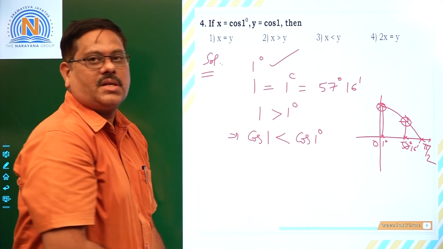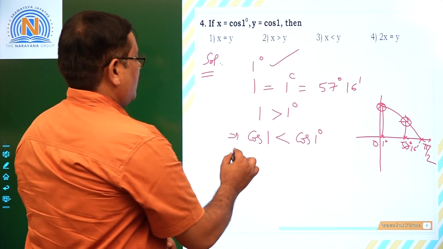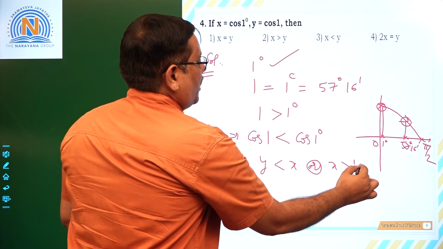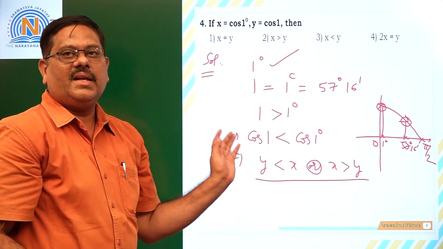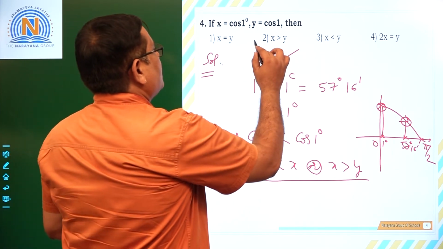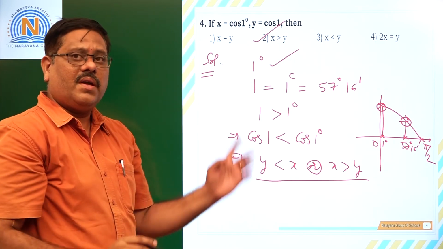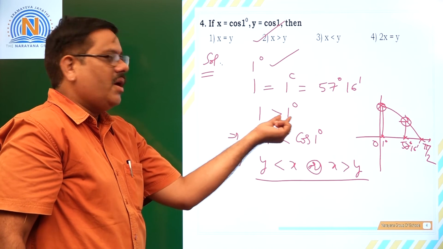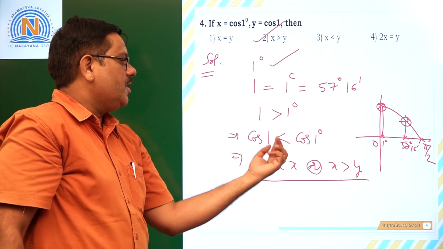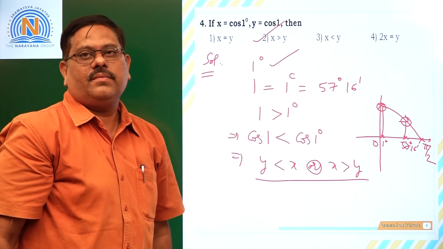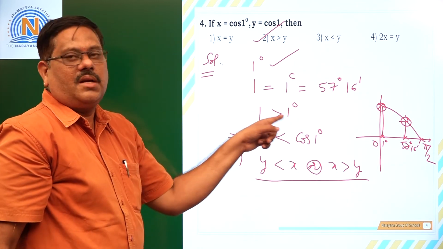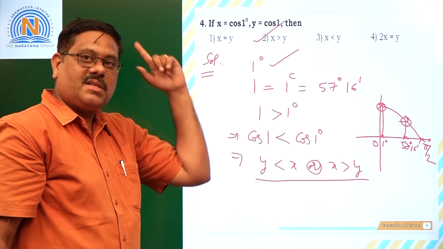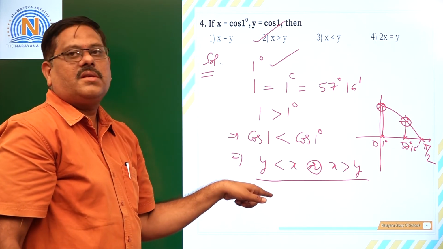This is the relation we have to understand. So cos 1 is given as y, that is less than cos 1 degree, which is x, or we can say x is more than y. This is the relation we have between cos 1 degree and cos 1, right? So x is more than y, that is nothing but the second option for us. Fine, this is a very important thing. Cos is decreasing, so the relation between 1 and 1 degree is this. Now if you apply cos on both sides, the relation will be reversed, meaning greater than will change to less than because it is a decreasing function. If it is sine, the same relation we can understand. Sine 1 is more than sine 1 degree. There you will get the answer as x less than y, in the case of sine, as cos is a decreasing function, this is the relation we have.